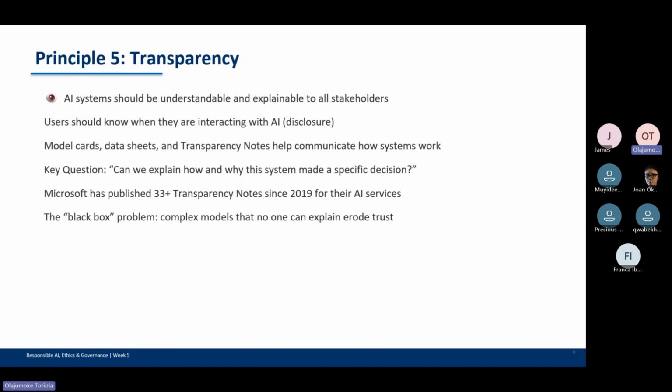So the fifth principle is all about transparency. People should understand when they are interacting with AI. That is quite very important. Why decisions are made, but many AI systems today are what is referred to as black boxes. So, I mean, they are not clear enough. Explanation is not clear enough. You don't even have model documentation. There is no kind of honest communication.